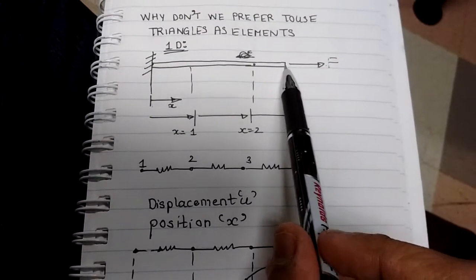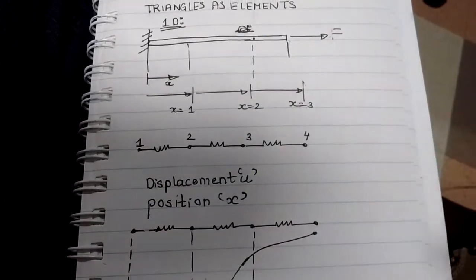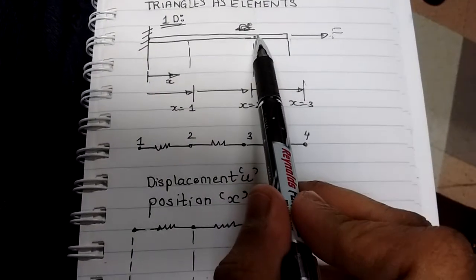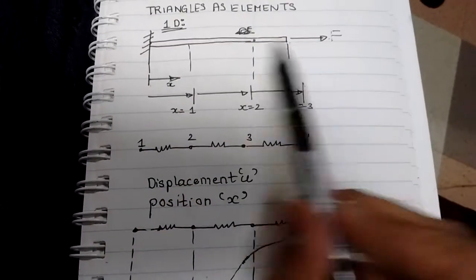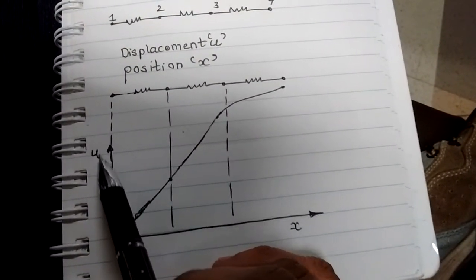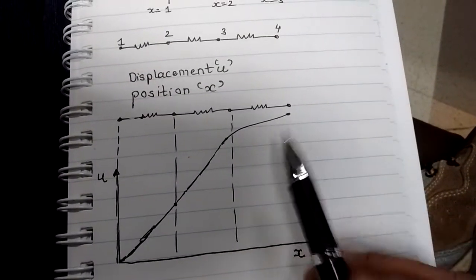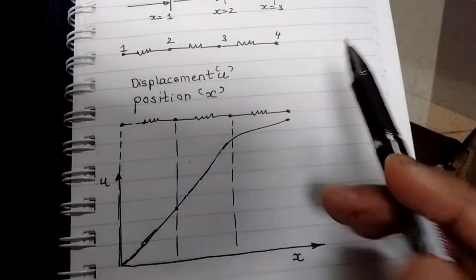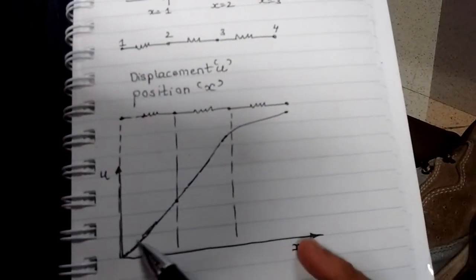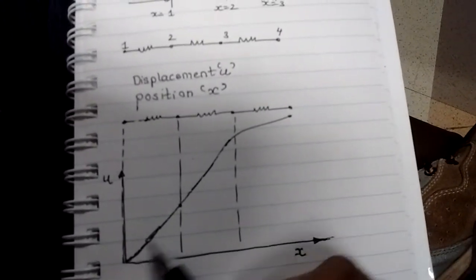If this is a linear problem, the force is applied and the elongation would be linear. But for a moment, think that it's a non-linear problem, with other complications like moments and other forces in between. Ideally we should get the value of displacement versus the length of the bar as this kind of a curve. Assume that we have not divided this into any elements, and we have found the actual solution by experiments, and the displacement by length curve is coming somewhat like this.